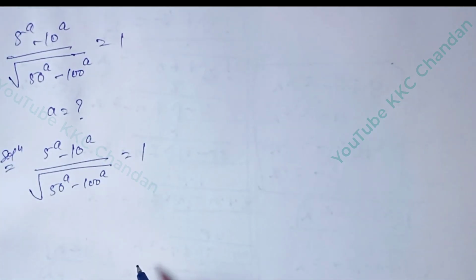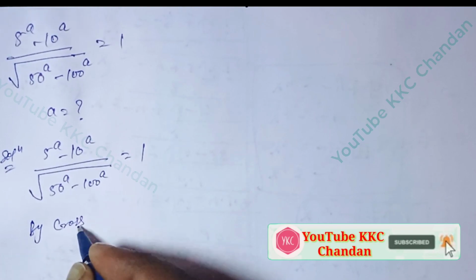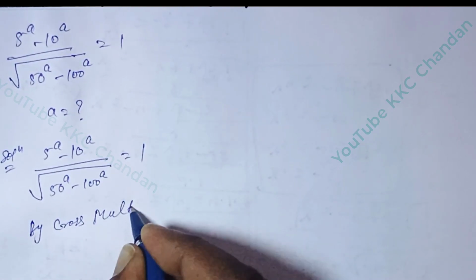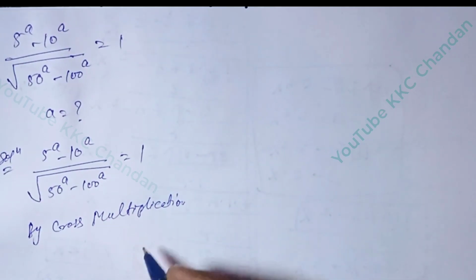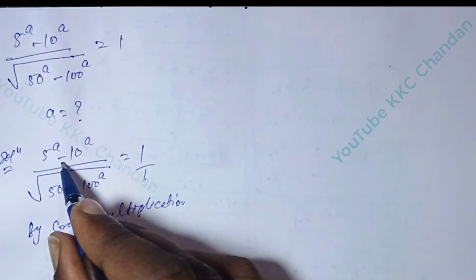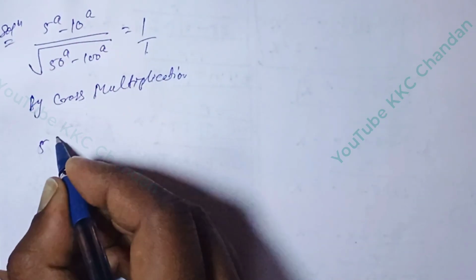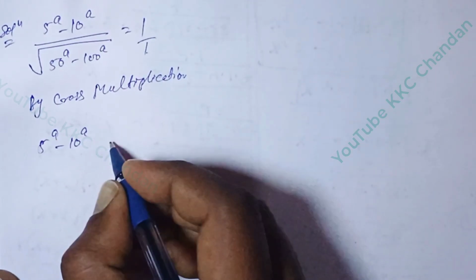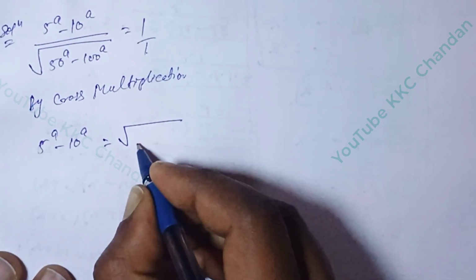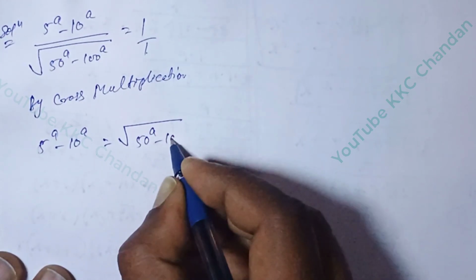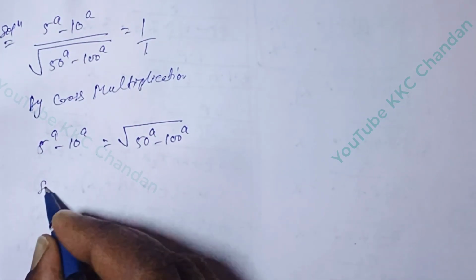Next step, by cross multiplication, 1 multiplied by (5^a − 10^a) gives 5^a − 10^a is equal to √(50^a − 100^a). Next step, squaring